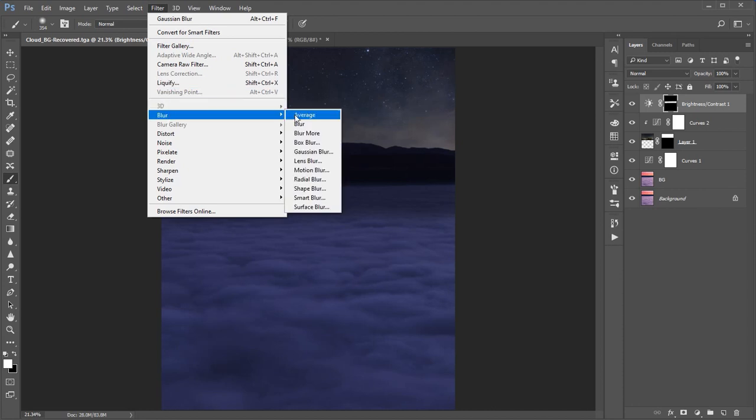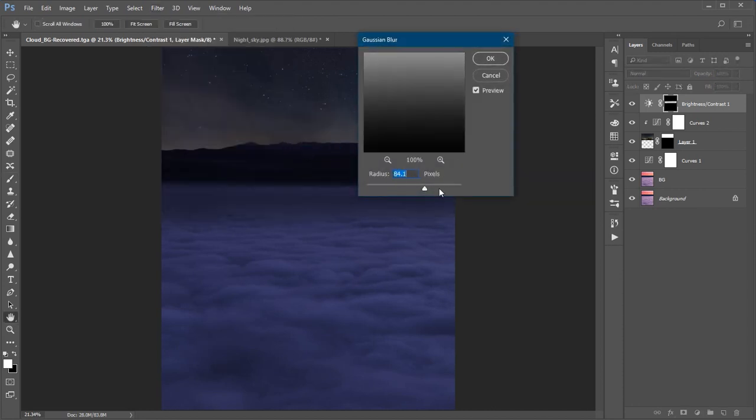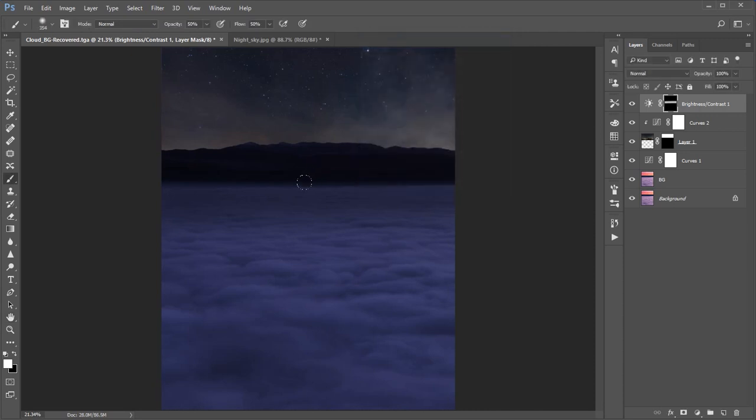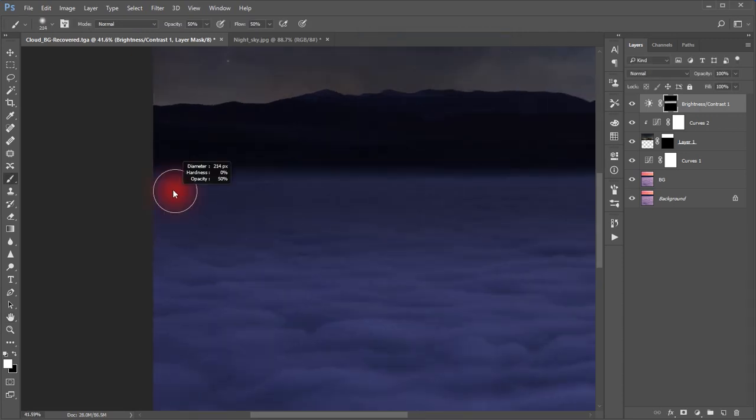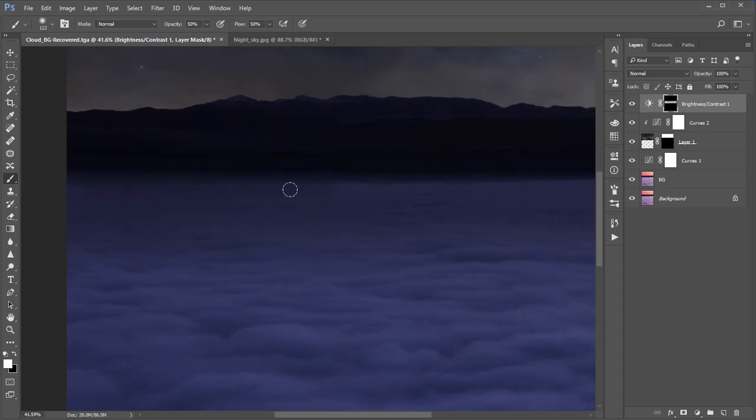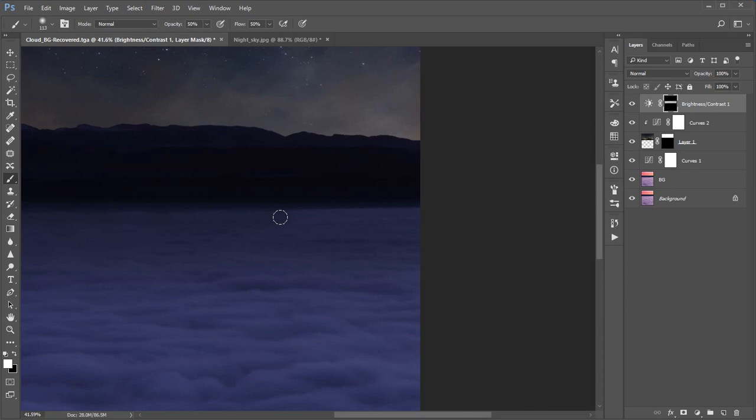Now I'm gonna select blur, Gaussian blur, and I'll increase the radius around 107. So by this way you can make the mask more softer, and I'm gonna refine a little bit more.